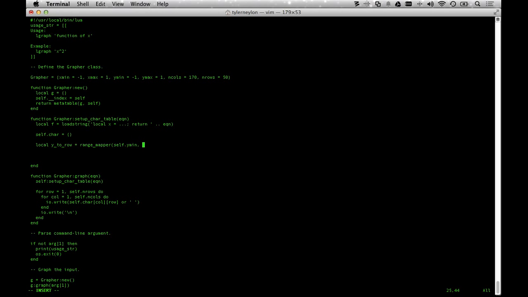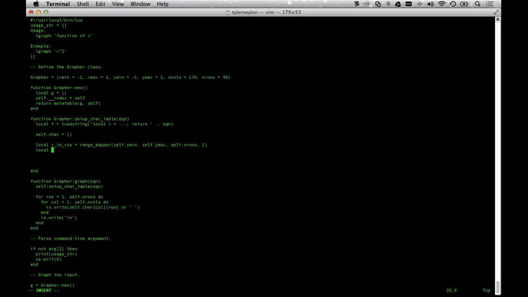Now, I have not yet written the function rangeMapper, but I will. And that function gives us exactly a linear mapping between two ranges, between the beginning range. In this case, I'm mapping ASCII column space into the X space